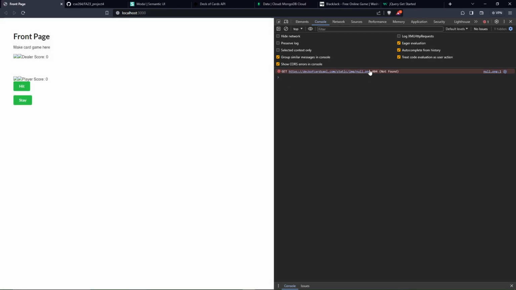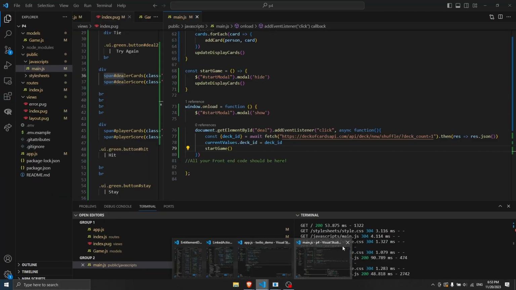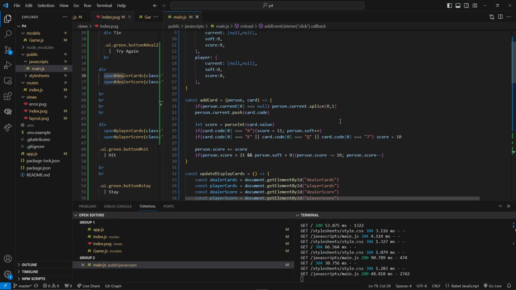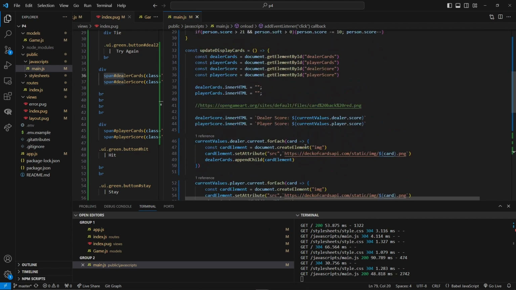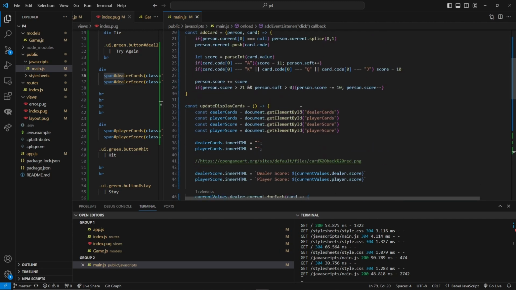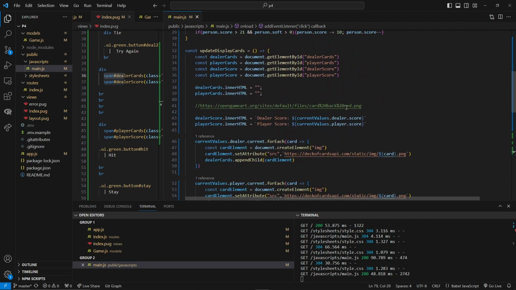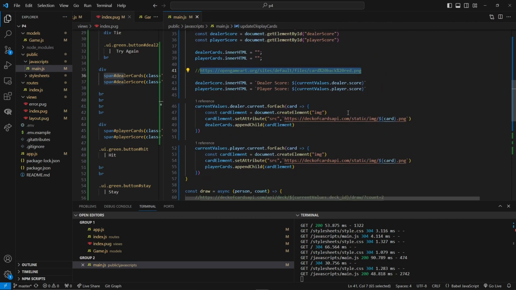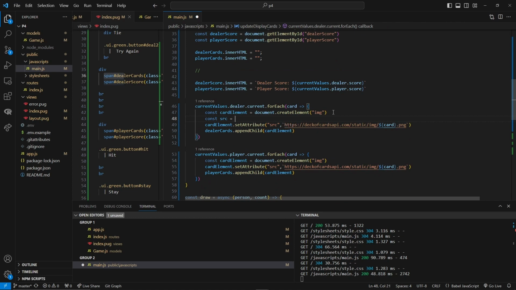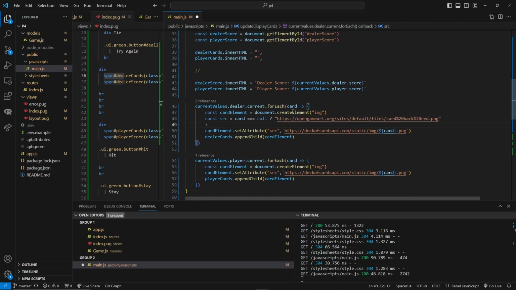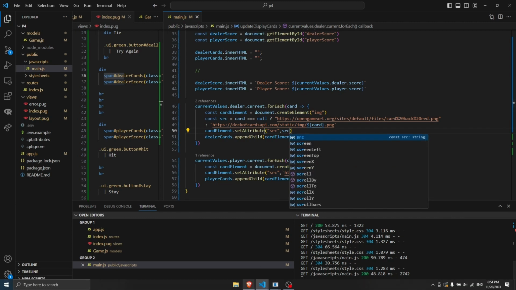All right, so we have 2 images. And then we have image not found. That is because we're trying to access a null. That's because we're not using our back of the card that we declared earlier. So this is just a conditional assignment, and I assign it to a variable,